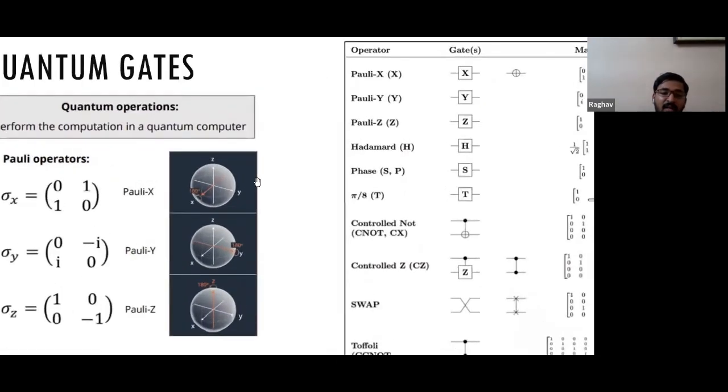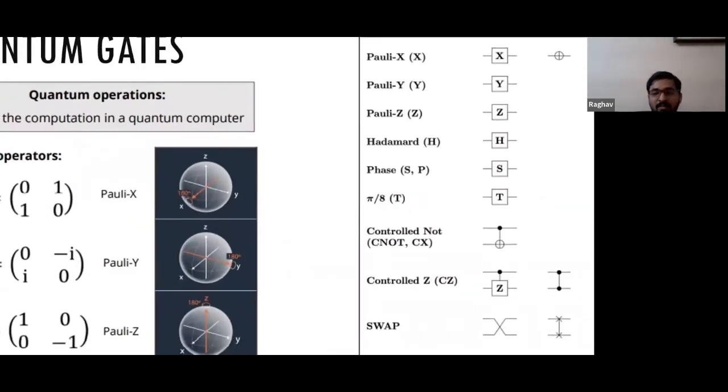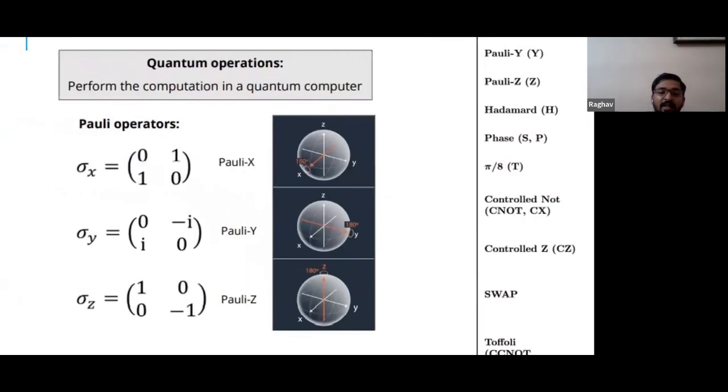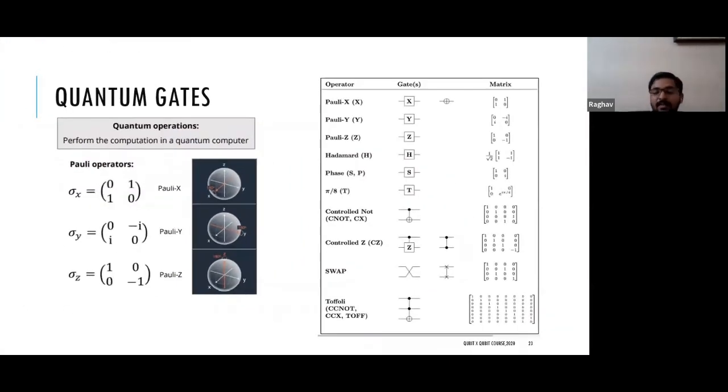And what is this Pauli gate? It is just a rotation of any quantum state anticlockwise with respect to the x-axis by about 180 degrees. Like you can say that if our quantum state is in the 0 qubit state and we implement our X gate, then it is rotated 180 degrees and will go to the 1 state. Likewise in Pauli Y, and Pauli Z is also known as the phase flip gate.